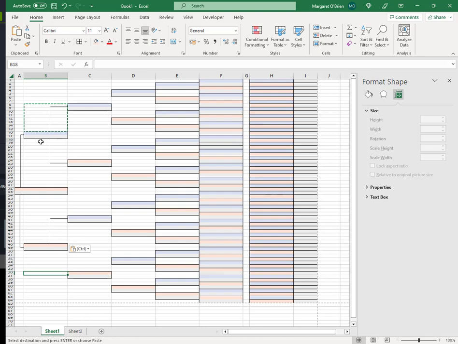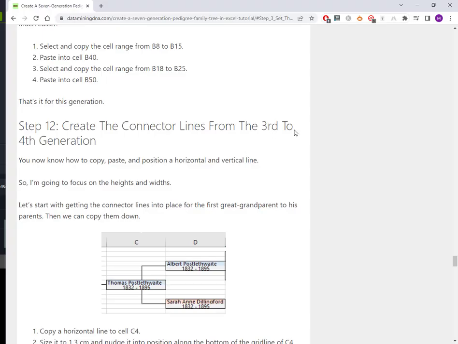You've got the perfect copy there, right? And then do the same for this set, copy those cells and paste downwards. That definitely will speed up the process as we do the rest of these generations. So that is the second generation. Third generation,